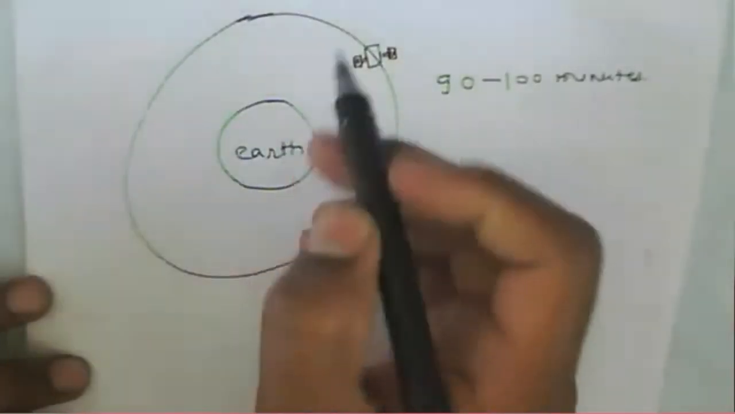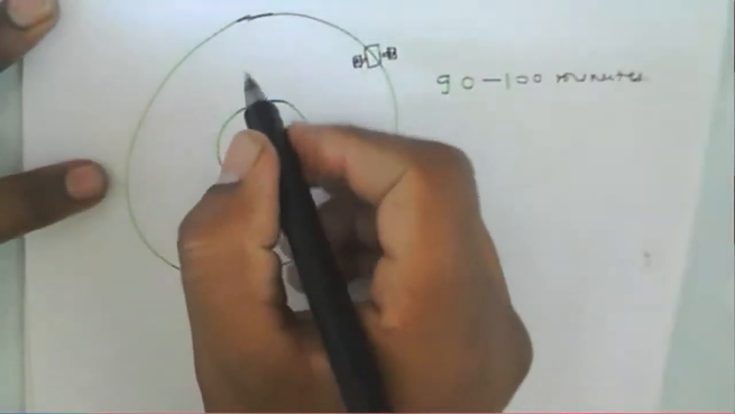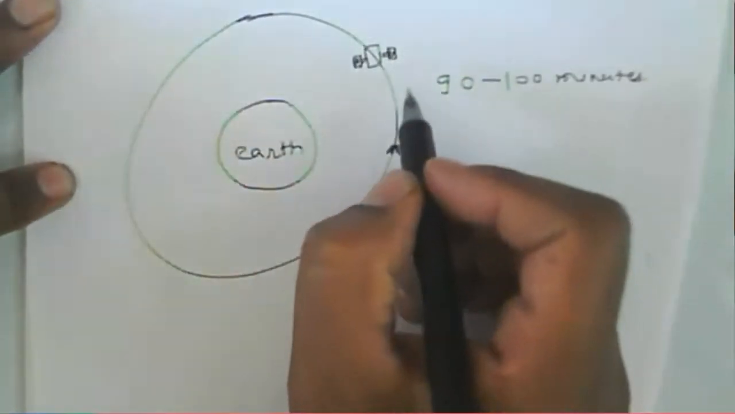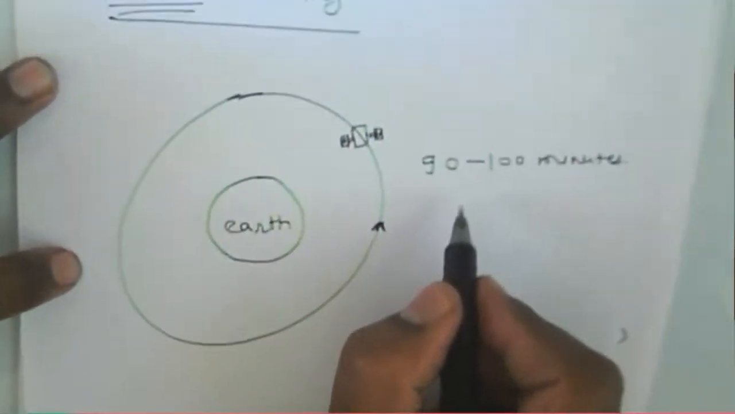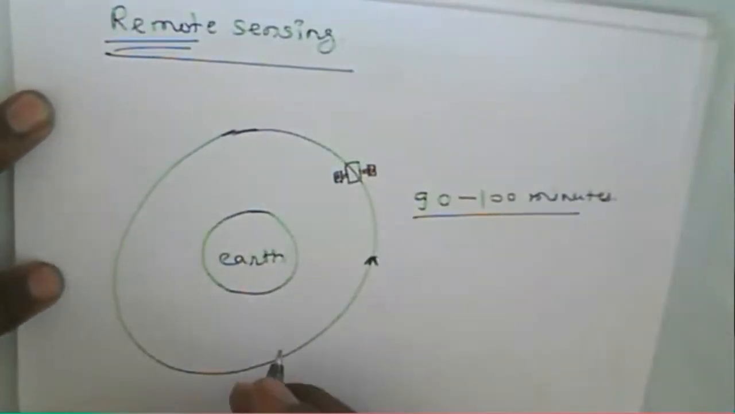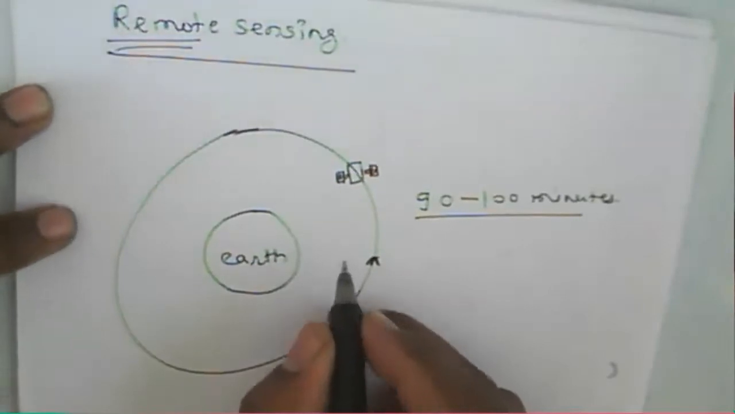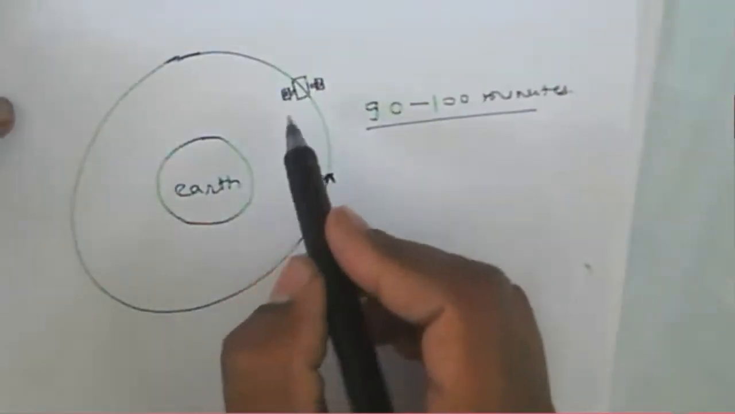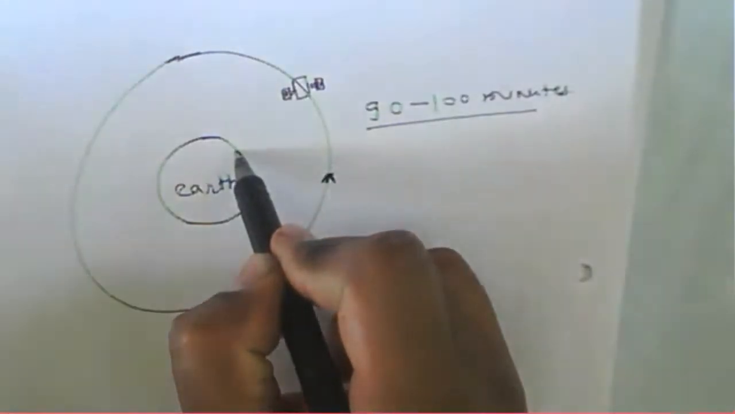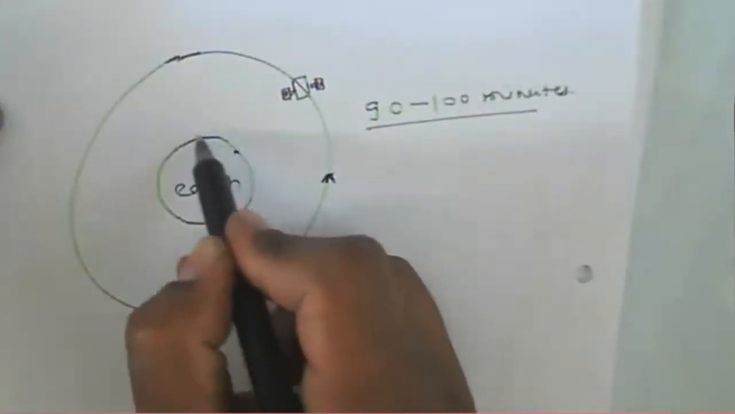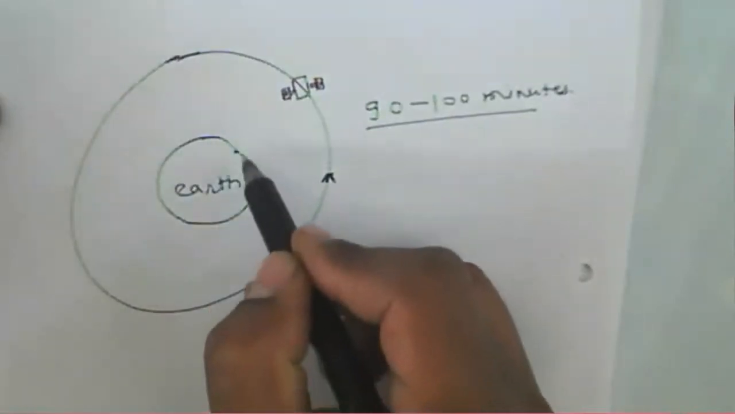In a remote sensing application, LEO satellites are used, because a satellite takes 90 to 100 minutes for a rotation. Means every 90 minutes of a rotation, the satellite will reach that particular point again after 90 minutes. Means this particular area coverage, earth area coverage,